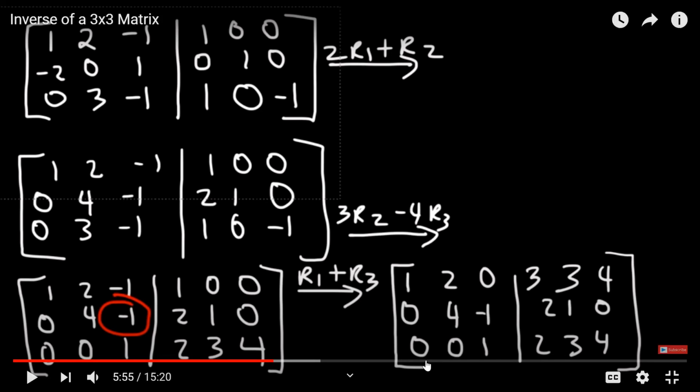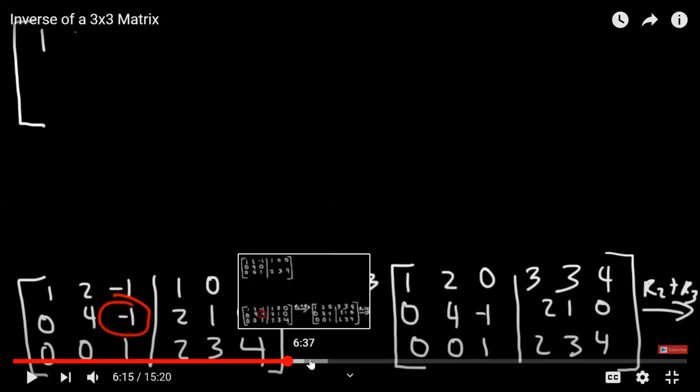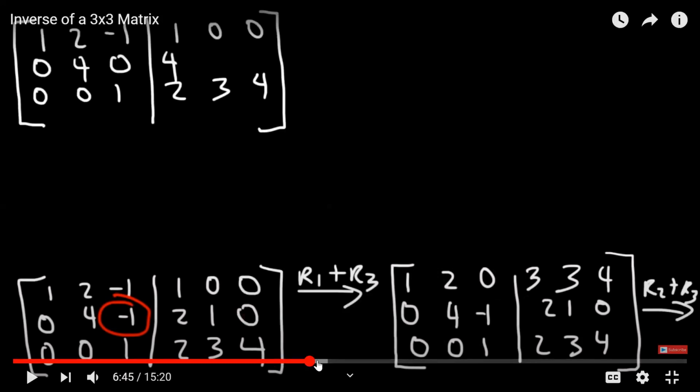So now you have 1, 0, 0, and I will try to remove this 2 and eliminate it, degenerate it to 0. This one we will convert into 1, and this is already 0, so it's a good thing. Also we would like to bring 0 here. It's already 0 there, so good part. So we have to make this matrix an identity matrix, and we are going to do this now. And here we are doing it.